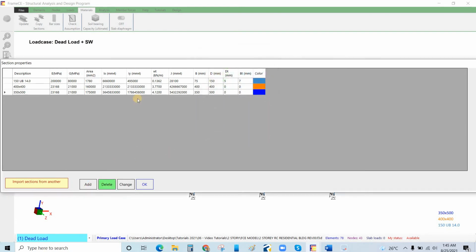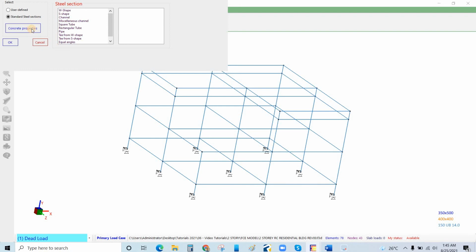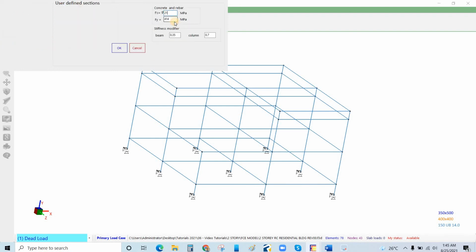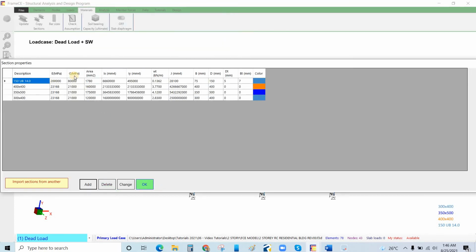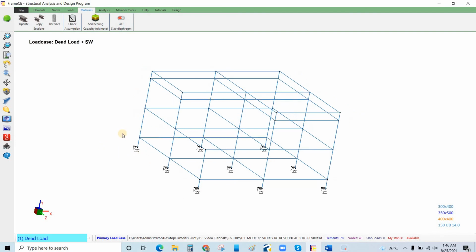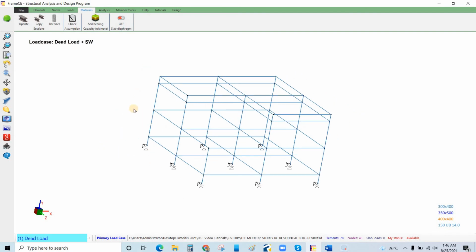Okay, and I will just add another beam, which is the intermediate beam, let's say 3000 psi, and I will just click OK. And this one is, let's say 300 by 400. Click OK, and I will just click OK. So this is our model, and we can